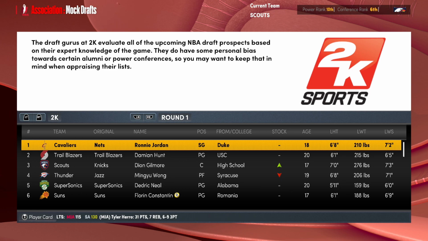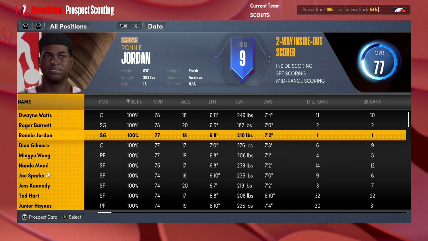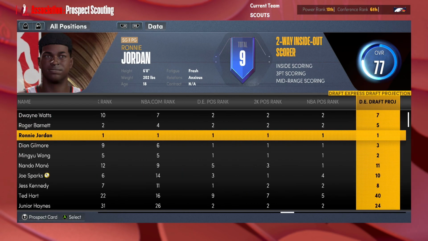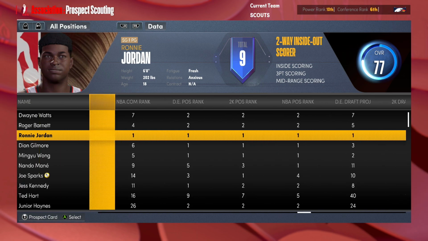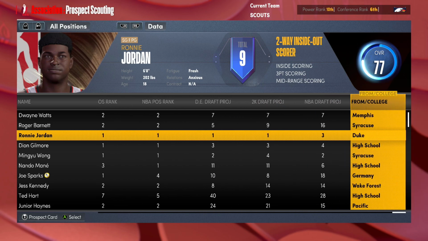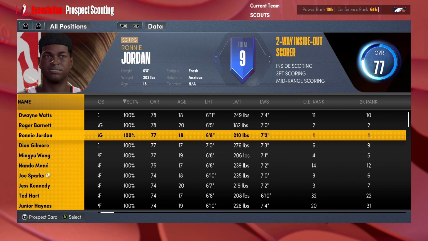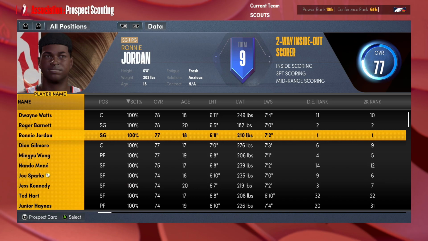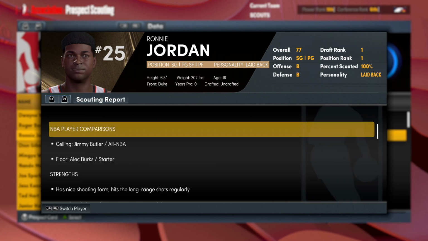I think he's a really good option off the bench at shooting guard, but if I was going to draft Ronnie Jordan right now, he would start immediately over Wade Webb. So as I said about Ronnie Jordan, right now he is the top ranked prospect. He is the unanimous first overall pick, except for the NBA.com draft projection. But before we simmed, he was the unanimous first overall pick, and I'm going to do all I can to